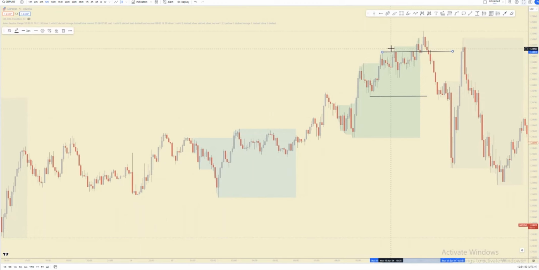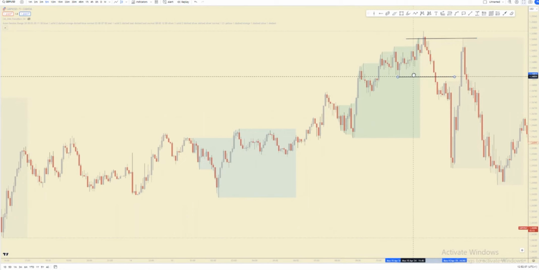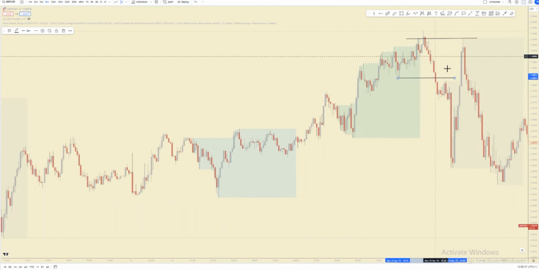And then price now came down. It was supposed to come and break this low, but it didn't. It formed this low and then broke this one right here and formed this high. So this becomes our new low. And this is the lowest low. This is a low. This is a low. So whichever one, this also becomes our new low. So price now took this high and then broke this low here. Now this automatically shows you that our buyers have changed. This is now a market structure shift.